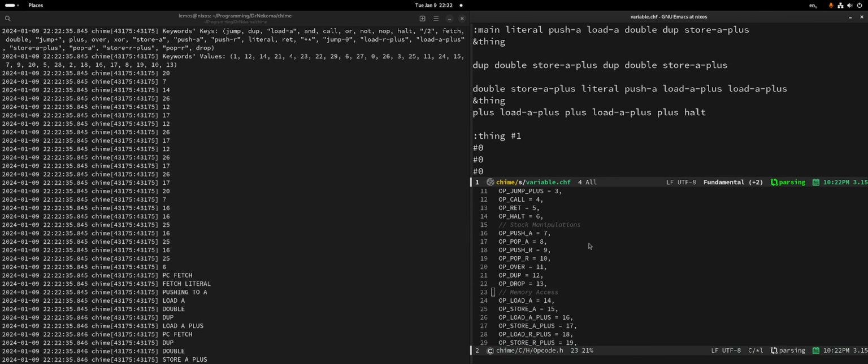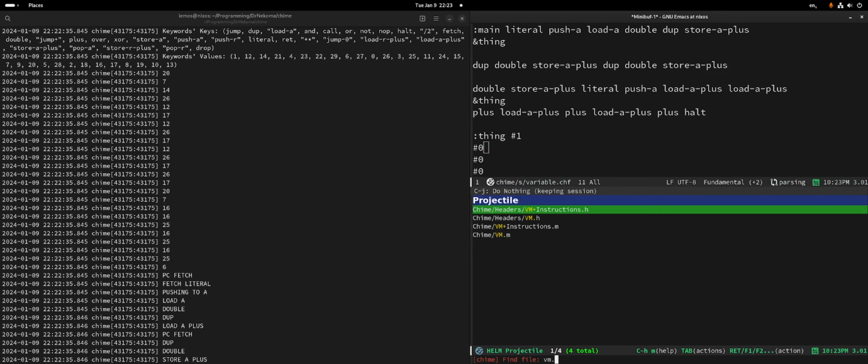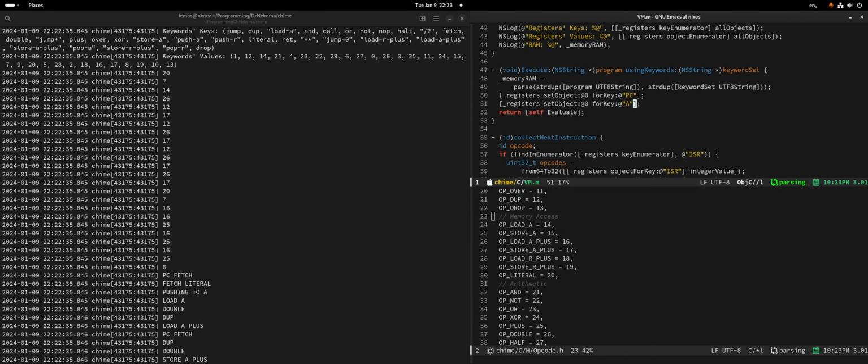Yes. Okay, so the first thing is a literal, it is 20. I already remember that. Push A should be 7, yes. Load A should be 14. Double should be 26, yes. Dupe should be 12, yes, it is 12. Store A plus should be 17, and it is. Which means that the problem is probably on vm.m when we are doing op